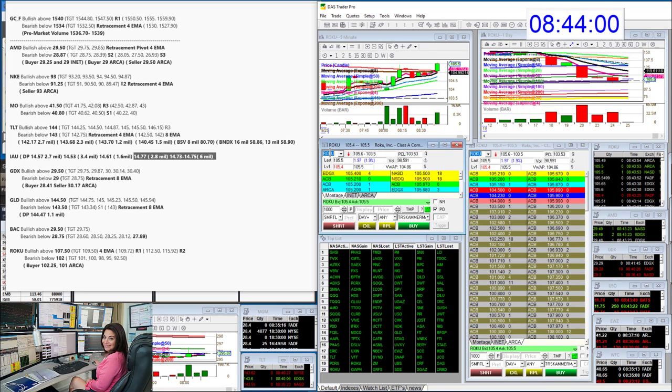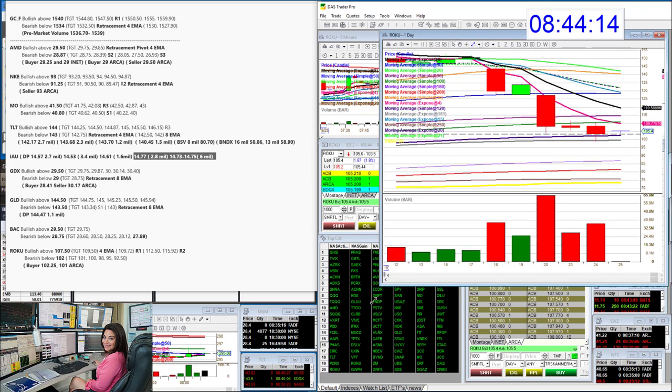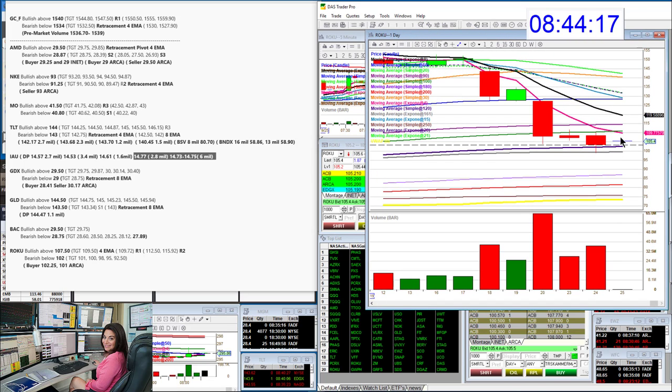Roku was a huge winner once again in the Java Pit trading room. So congratulations to those of you that rocked this yesterday. Today, however, we're going to be bullish above 107.50. I like the $2.50 increments and the $2 increments on this stock. And the first trade would be a retracement trade back up to the 4 EMA. Then if we can get above that, then I can see a trade to about this